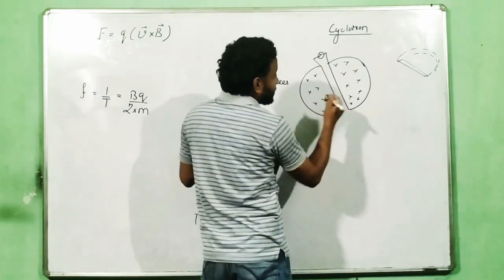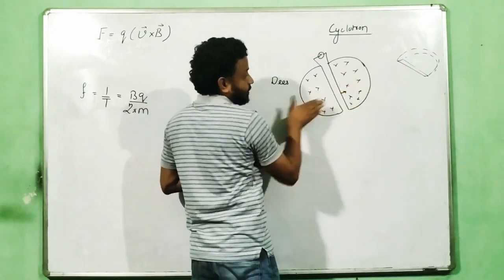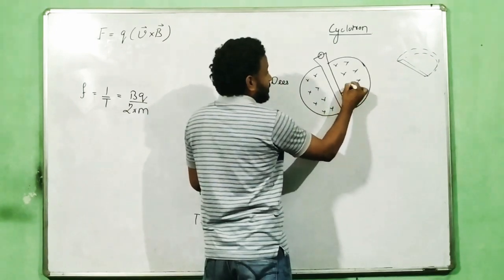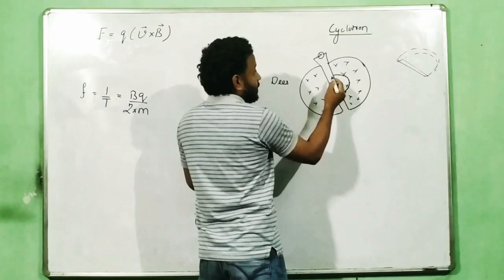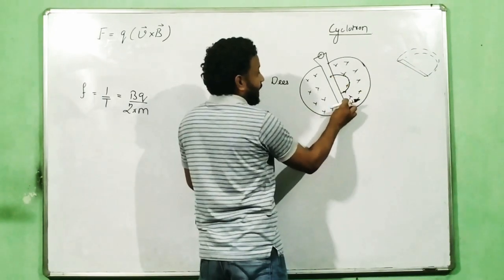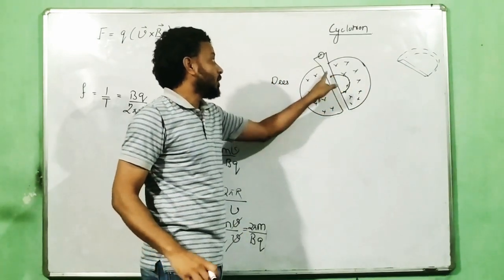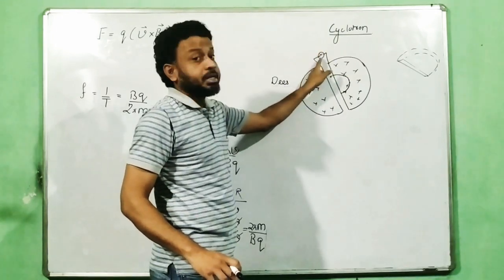Say that I released a charge over here with some velocity. So, v cross B, it will have a deflection, so it will go up, and because of that, it will move in a circular path like this. It will cover this much and then come to the gap. There is a gap here. In this gap, there is no magnetic field. In that gap, I am attaching an alternating potential.